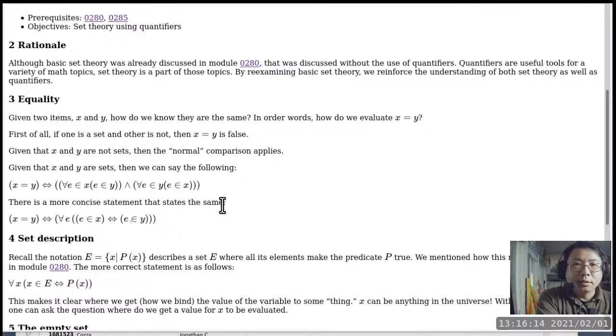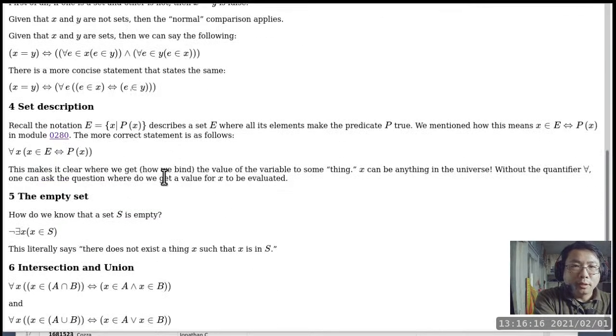All right. Now we take a look at how we describe the membership of a set. Before we had quantifiers, we used this notation to say E is a set, because we have the curly braces here to indicate it is a set, and then we use X to look at any member inside this particular set.